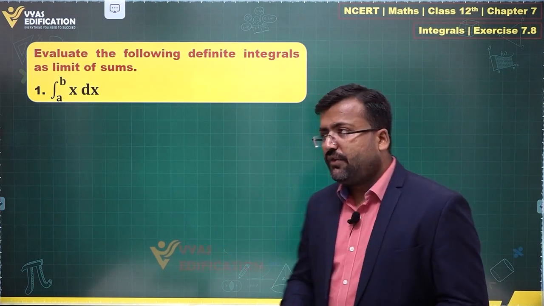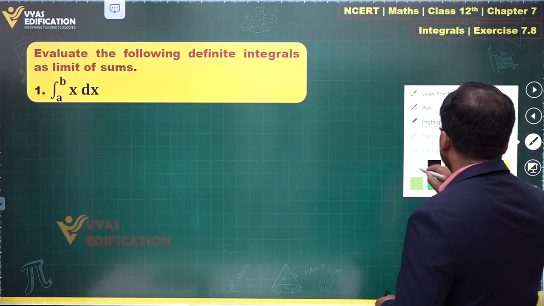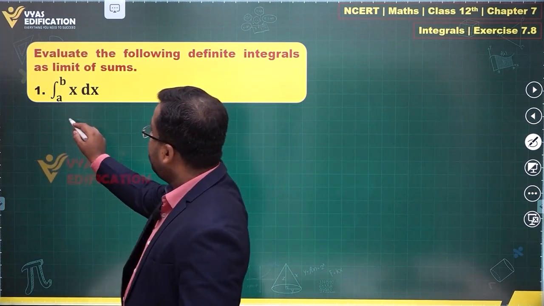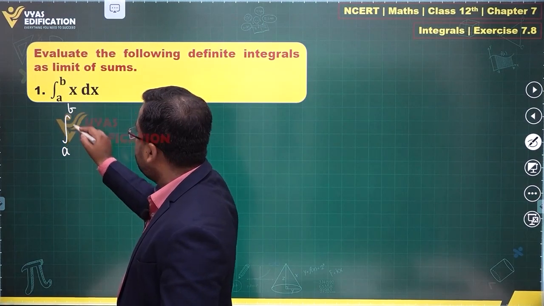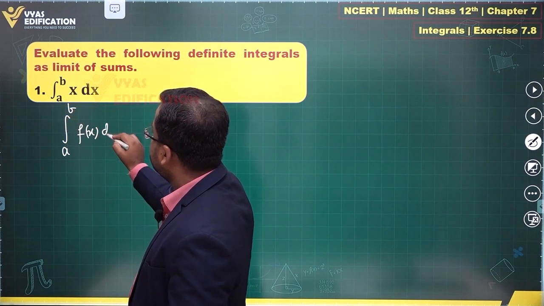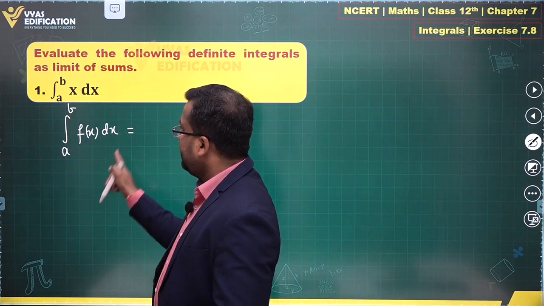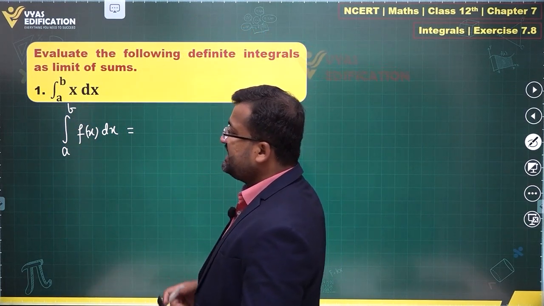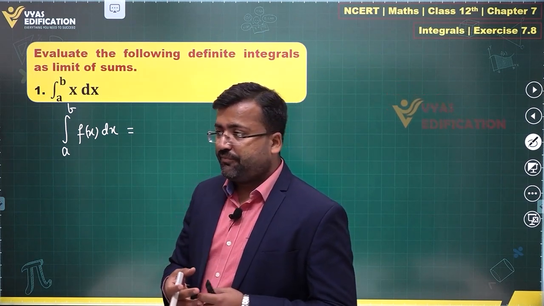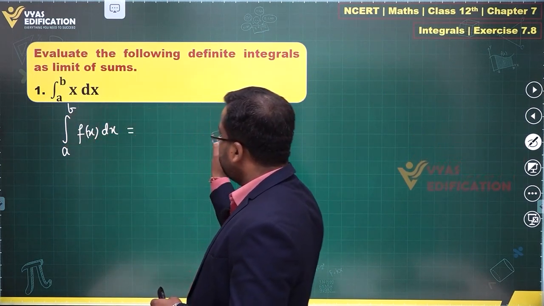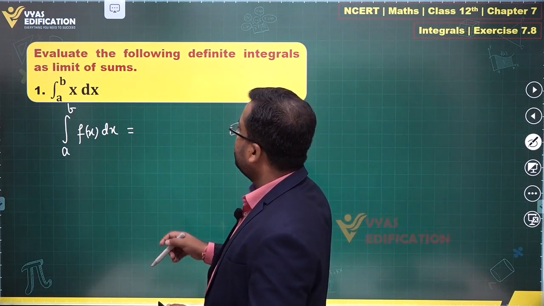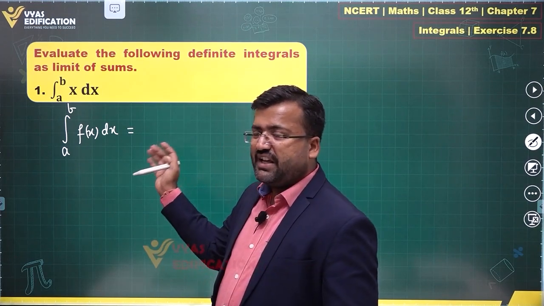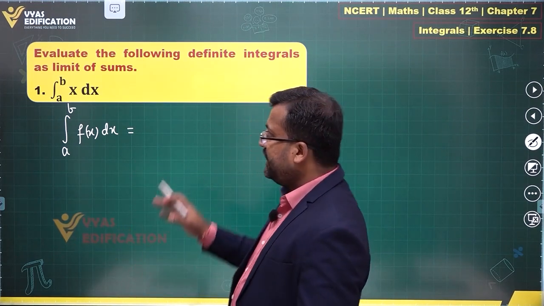Now, let me tell you the formula first. Let me begin with the formula. What does it say? The idea of the formula, that's what you can say. Integral a to b f(x) dx. This integral with a lower limit and upper limit, a and b respectively, is equal to some summation. So, this definite integral is equal to some sum. Therefore, definite integral as limit of a sum. What is that sum equal to? So, you have limit n tends to infinity is what we prefer, but